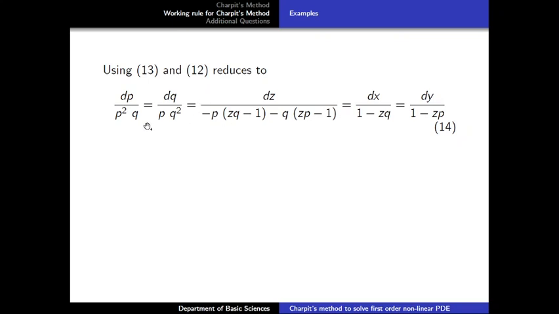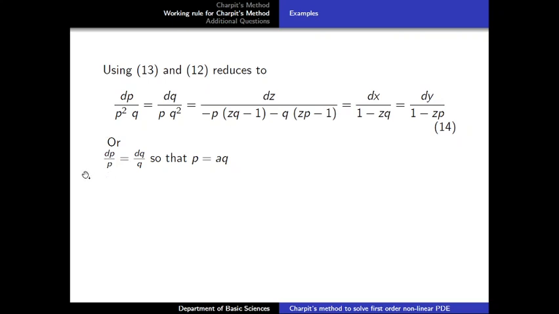Now we try to evaluate p from any two expressions of these ratios. And for that, let us consider the first two ratios, that is dp divided by p square q equal to dq divided by pq square. Now the denominators have pq as a common factor, therefore cross multiply by pq. Then we have dp divided by p equal to dq divided by q. Now we can see that the left hand side contains only elements of p, and the right hand side contains only elements of q. Now we can integrate directly.